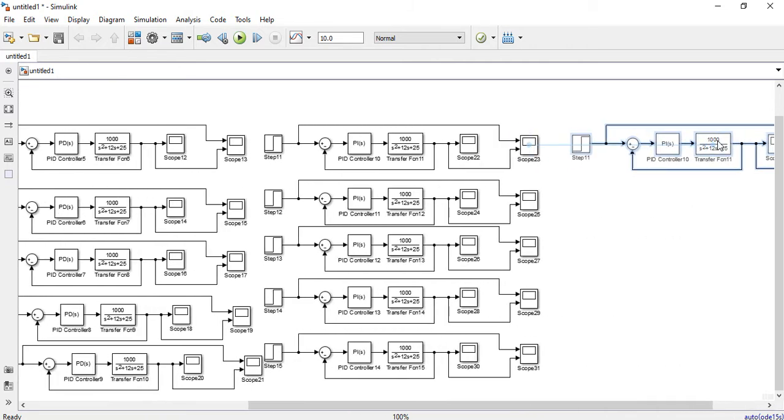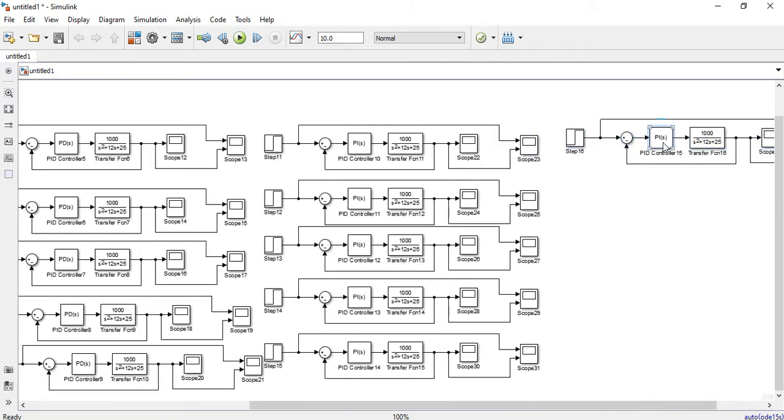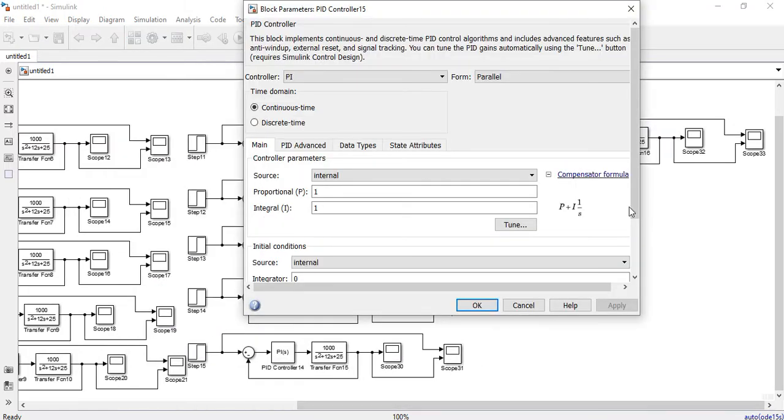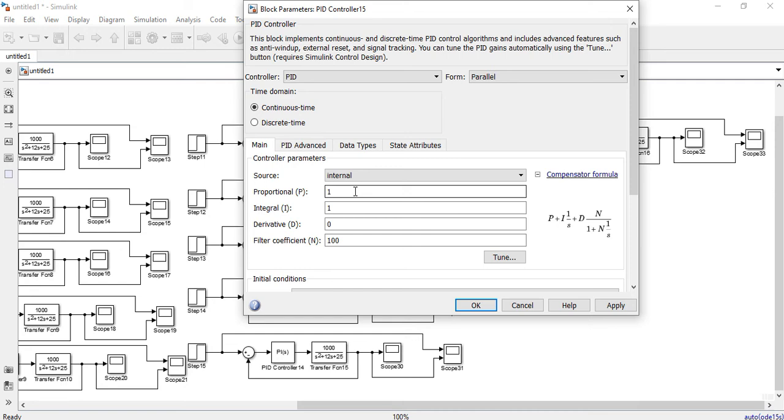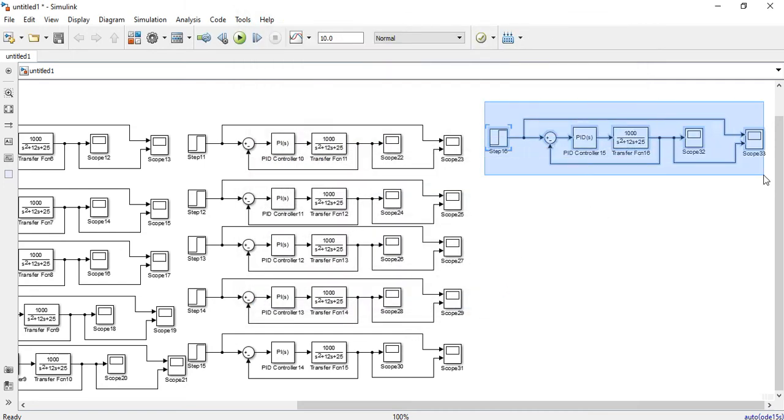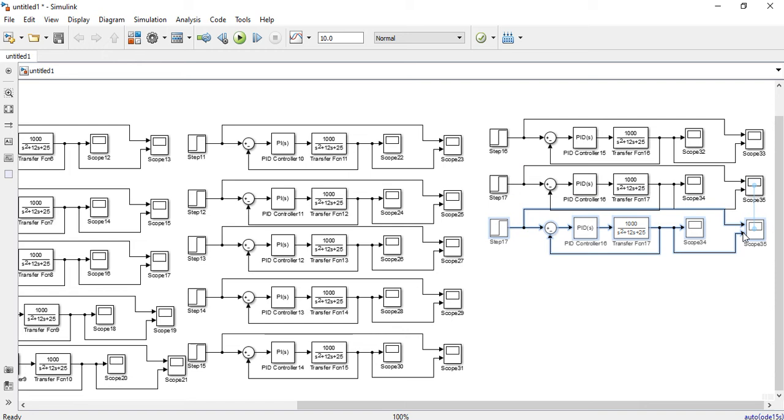The fourth controller is nothing but your PID controller. So I will take another controller and change the controller, that is PID. Now there will be P, I and D by default first, then I will go for the variations. So I'm just copy pasting it.